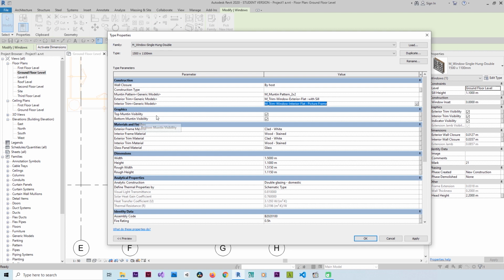Then we have graphics. For this window, I can check visibility for top mountain or bottom mountain. I can turn it on and off by these checks. Then we have materials. I can change exterior frame from here